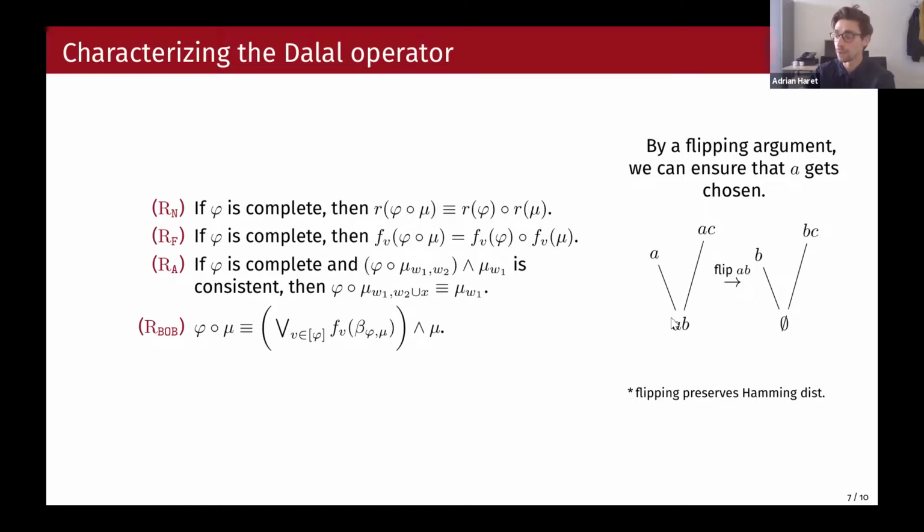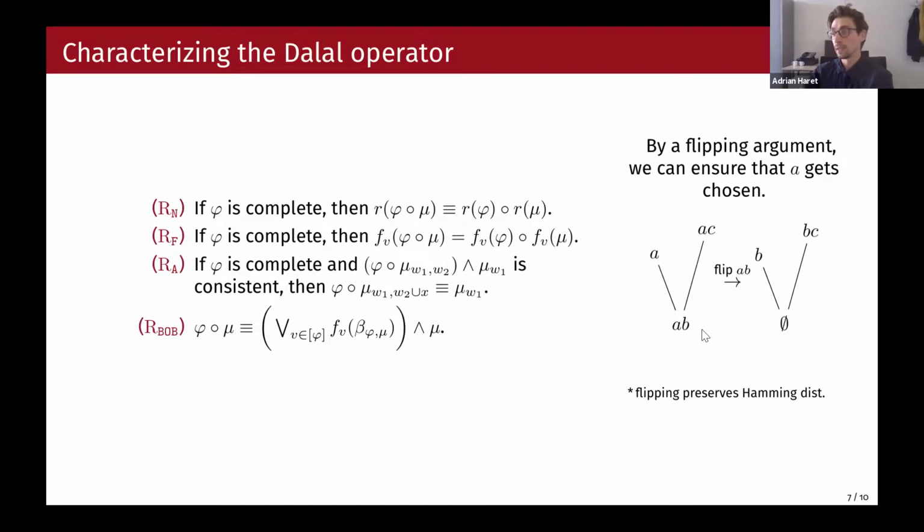So if you start from, for instance, AB, then you just flip every atom in the prior information to get to this point where the empty set is. You reduce it to the previous case. Flipping preserves Hamming distance. So now you can apply the previous argument to show that B should be selected here over BC. And now you've basically shown that, using these three axioms, neutrality, flipping, and addition, you can simulate Dalal when your prior belief